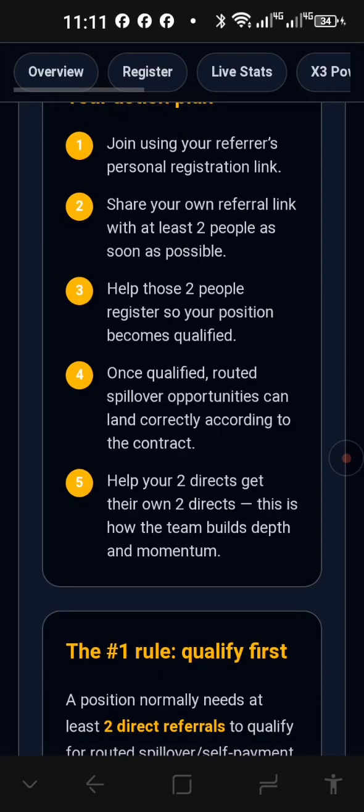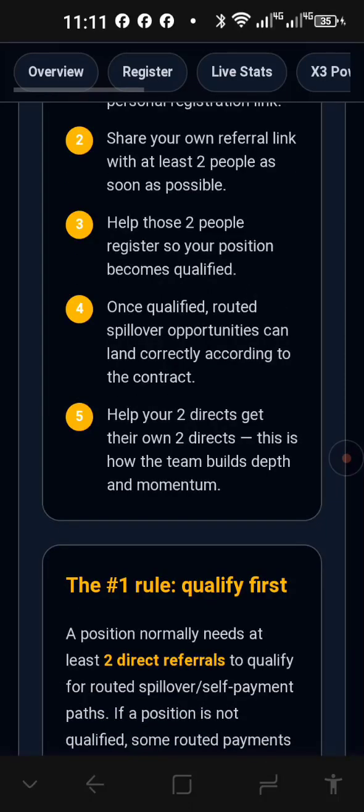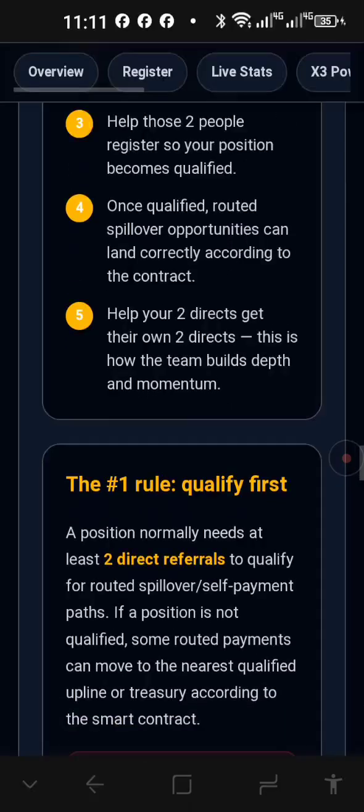Right, but your first position will receive BNB, and then you just help and support those 2 to get them qualified as well. And once you are qualified, routed spillover opportunities can land correctly according to the contract in your matrix, and go directly to your wallet. So it's very, very simple.